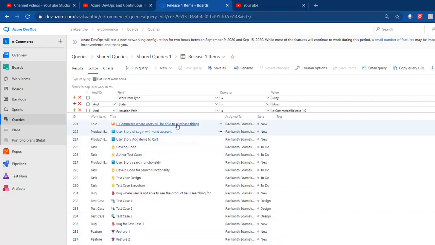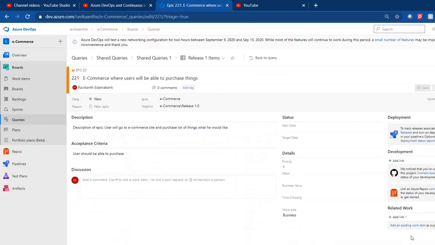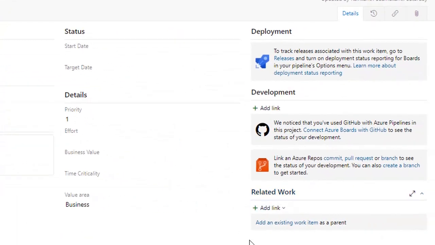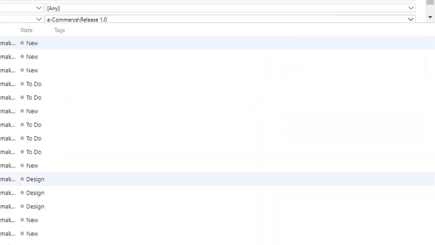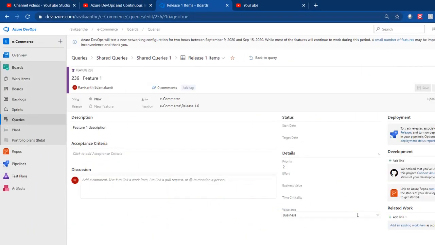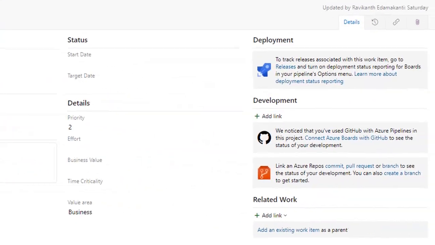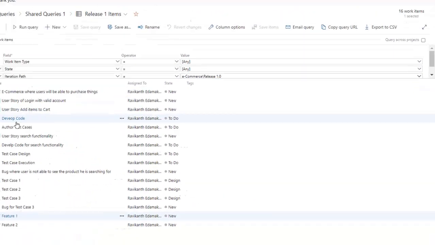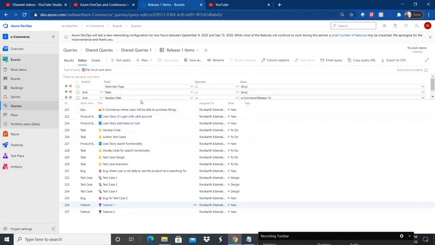But if you see, if I go to Epic, I don't have any related linked entities here. And in the same way, if I go to feature, I don't have any related entities. So all these work items are individually created and saved in Azure DevOps, but we have not established links between these work items. Okay, so if I again go back to the Excel sheet,